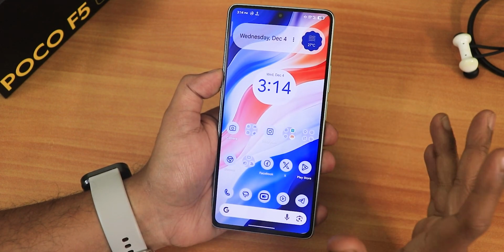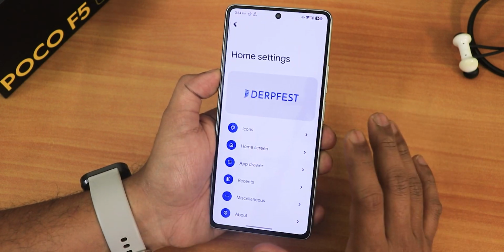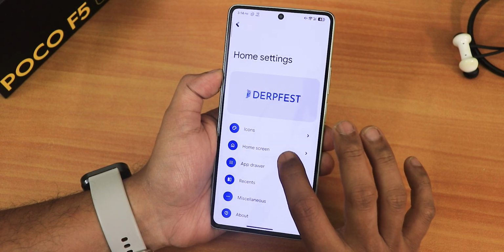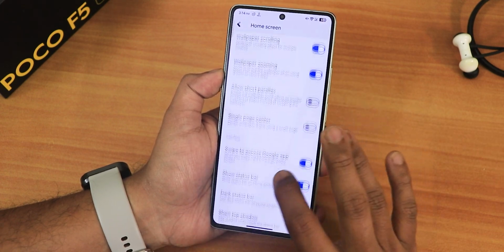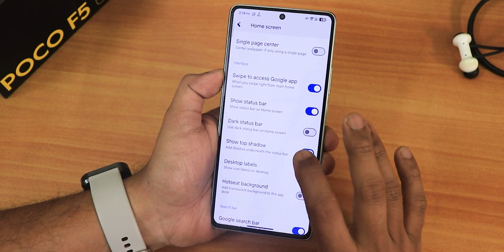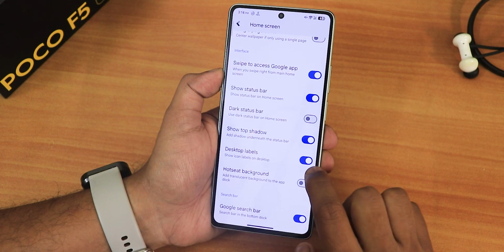Right now, let me talk about the home screen. Well, you are getting the Derp launcher, and with this Derp launcher, I would say it looks really good. And in the settings, just notice how sleek it is. I'm totally loving this particular launcher as it already has the double tap to sleep and stuff. Anywhere in the home screen, we have the single pinch center, allow short parallax and stuff. Swipe to access Google app, show status bar, dark status bar option is there, and all the other things that